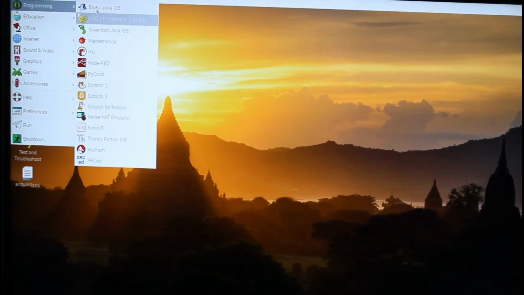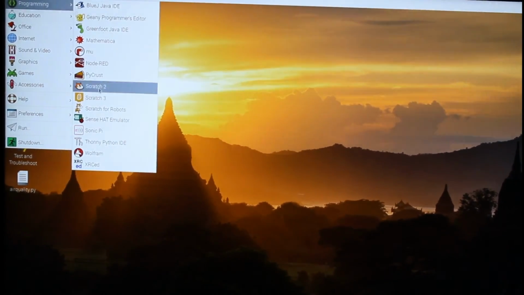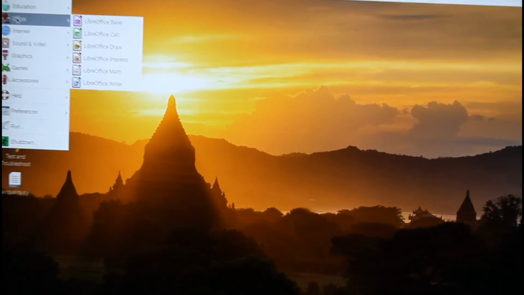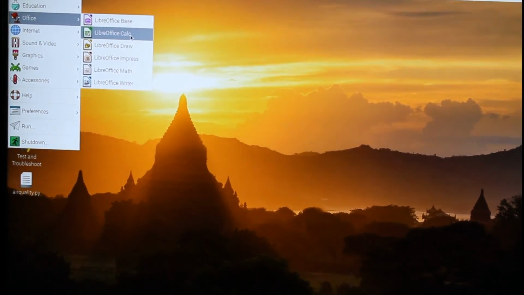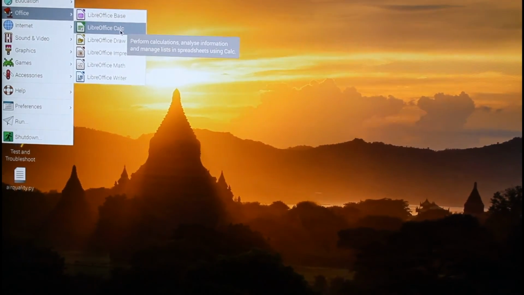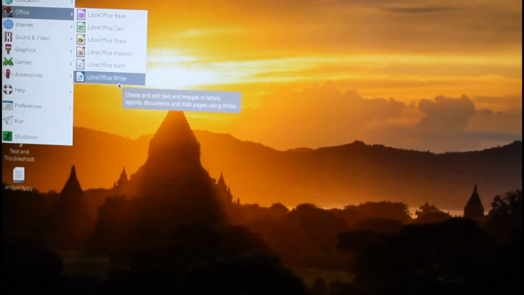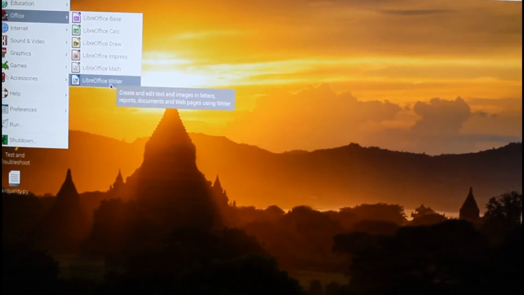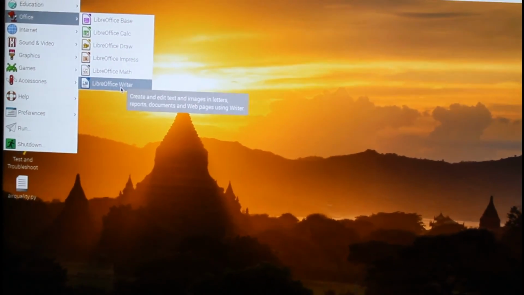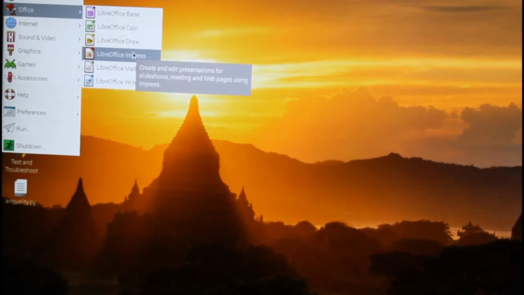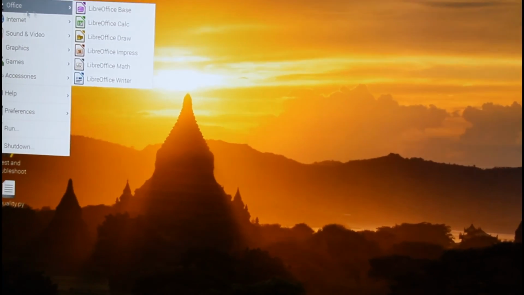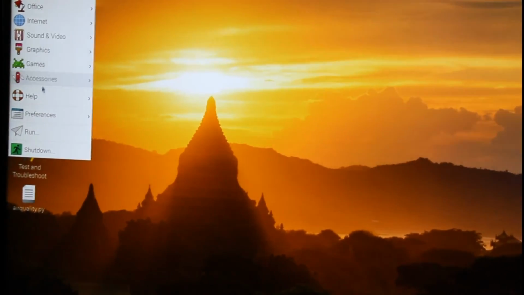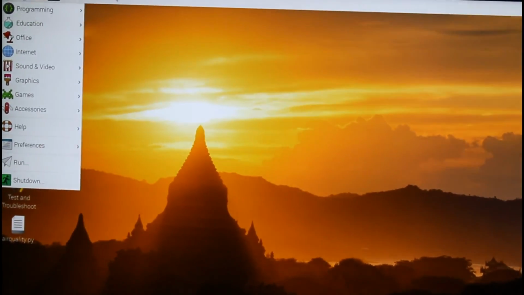It's a Linux based operating system. You can see Office and education programs, LibreOffice. This is same like your Excel, this one is for Microsoft Word, and this one is same like PowerPoint. There is also OpenOffice. There are so many things you can get. It is same like your computer.